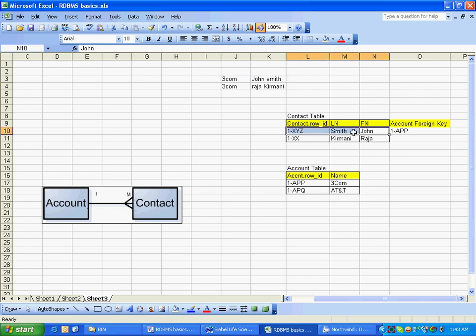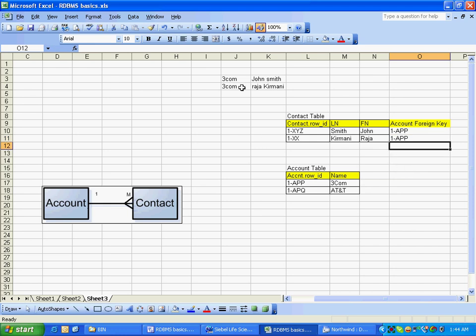So John Smith is here. We put the 3com row ID here. Now Raja Kirmani is also a 3com guy, right? So what should we put here? We should put the 3com row ID. What is that? 1